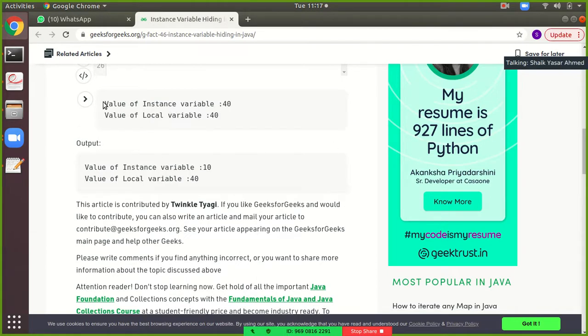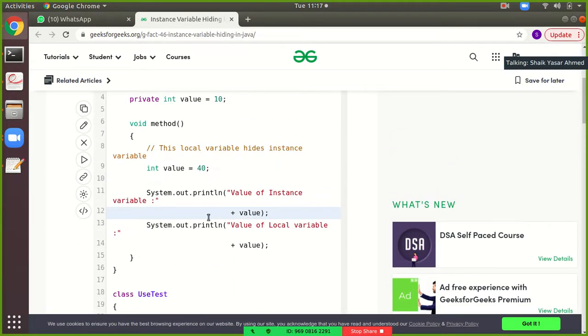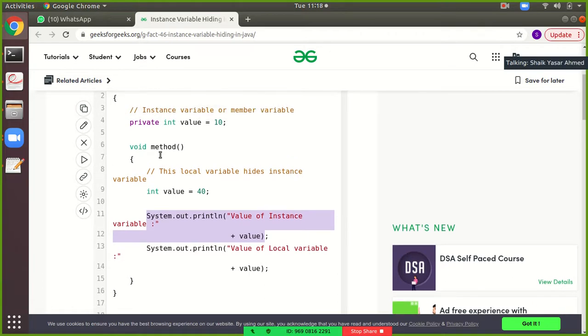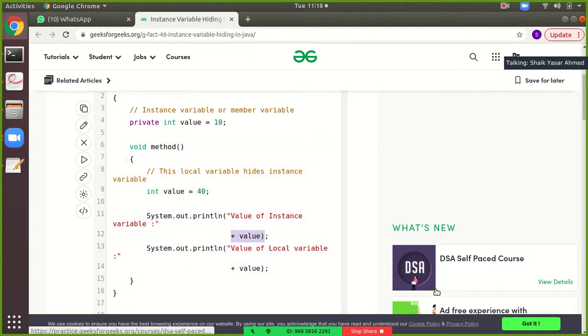See here, even the instance variable is now displaying 40. Means what is actually happening in this program is, though you want to represent the instance variable value, the method will hide the instance variable if you are not using the this keyword here.